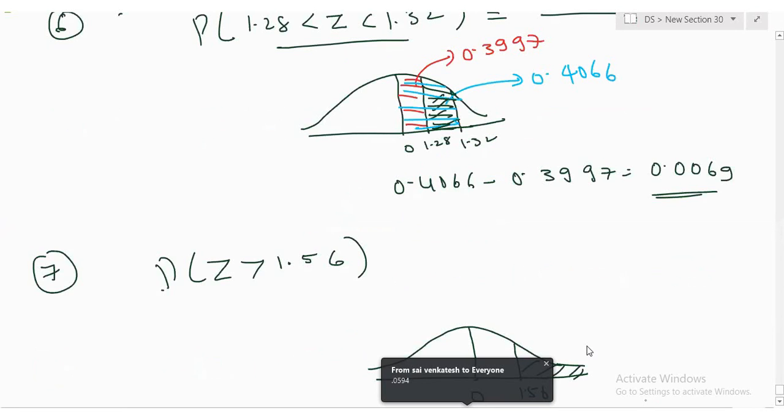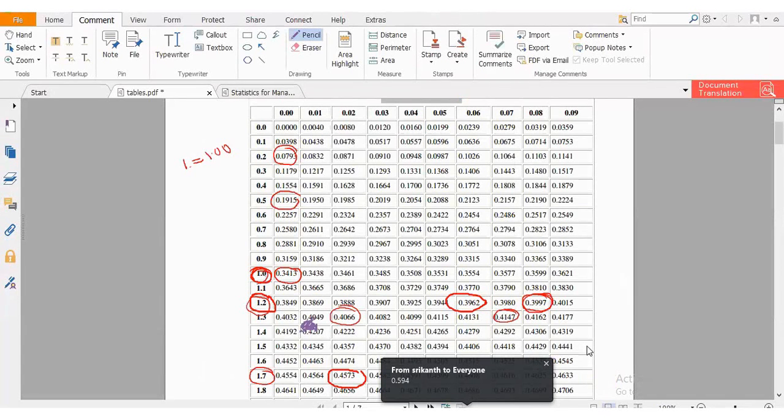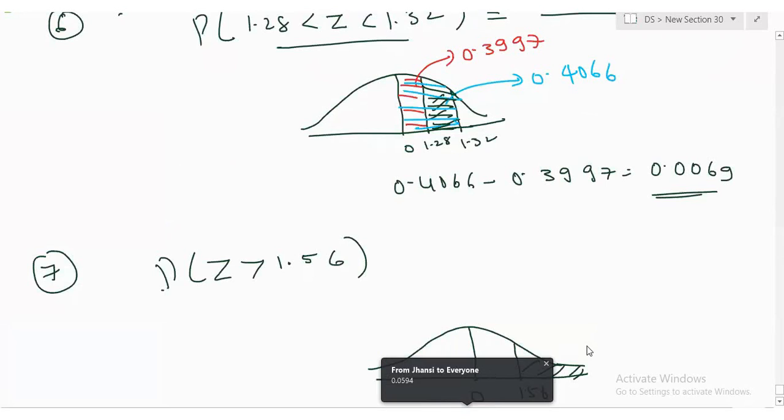So first find out what is the area between 0 and 1.56. What is that area? 0.4406. So this area is going to be this piece,